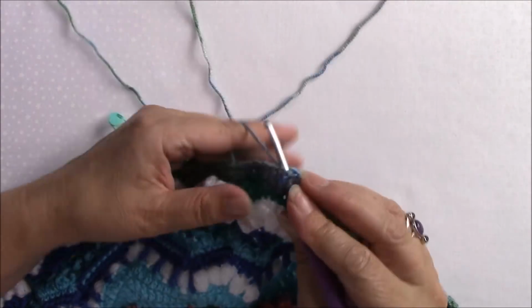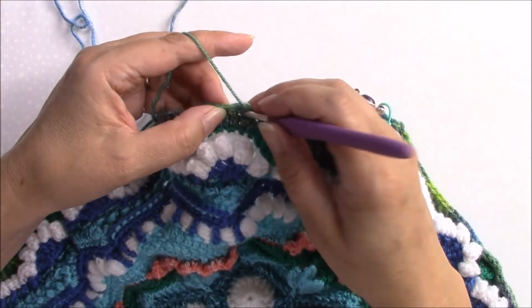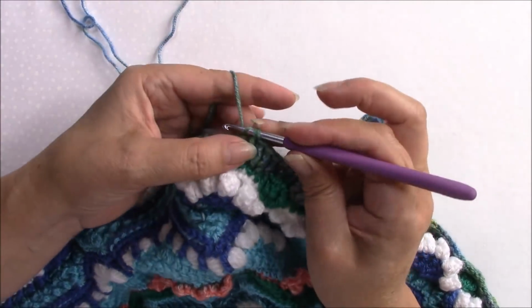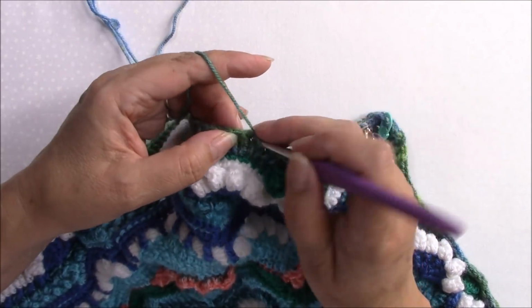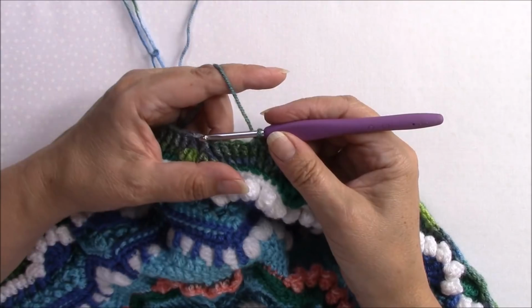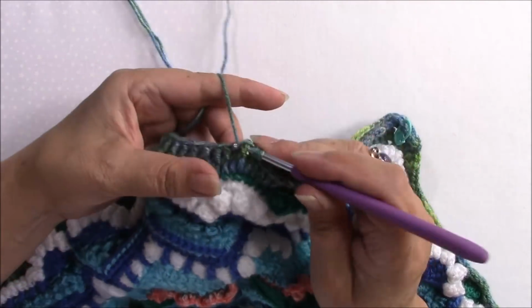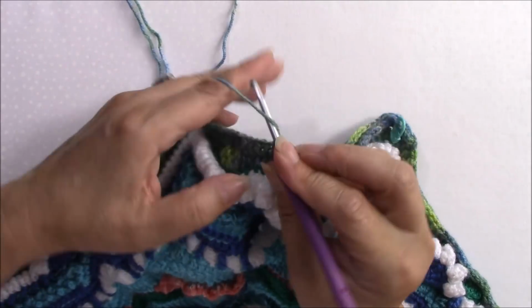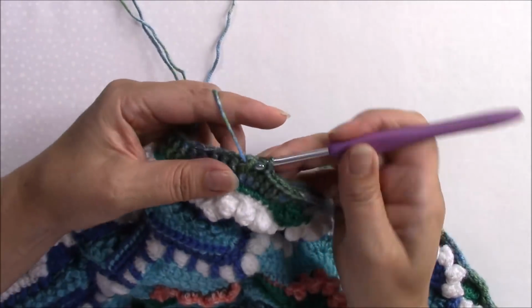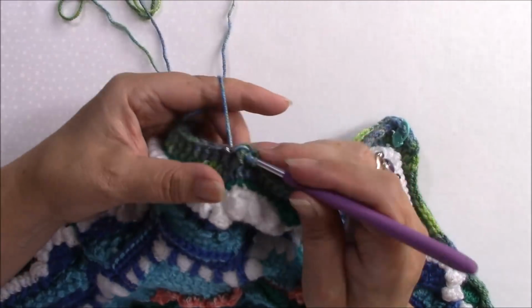1, 2, 12 and 13. Front post half double around the next 2, 1 and 2, front post double around the next 10,